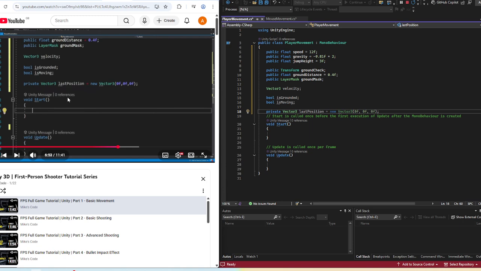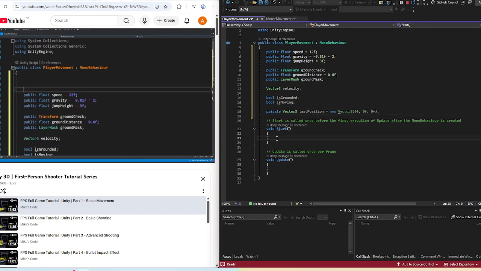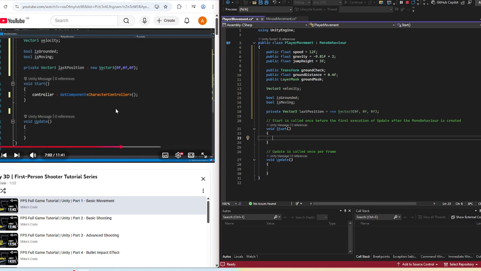So in the start, we're simply going to have a reference to our character controller, and I forgot to add it over here. And inside the update, we're going to actually